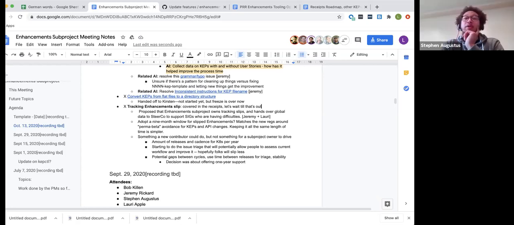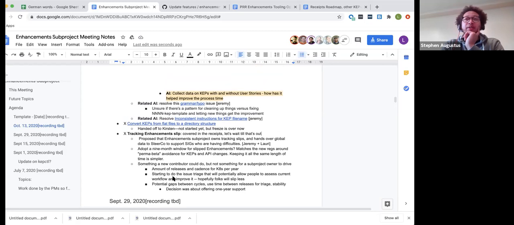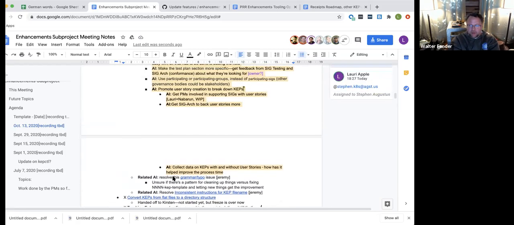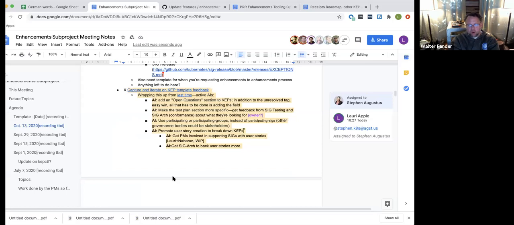I was going to say we are over time, but Walter had a question. Walter, do you want to? Sorry, it's sort of out of context now. We were talking about things in the CAP template, but as we get more and more CAPs, I'm seeing more and more CAPs that deal with the same feature and not always from the same SIG.